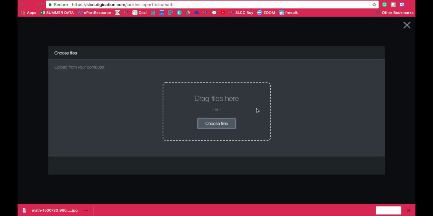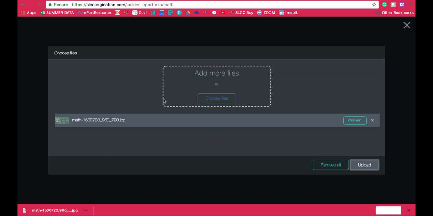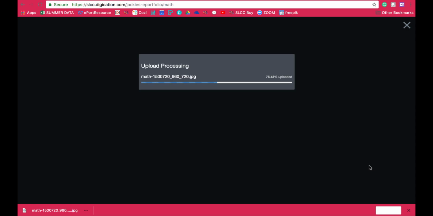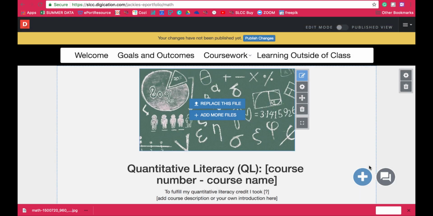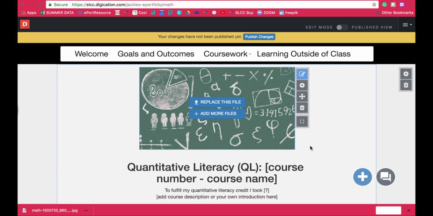You have two choices from here. You can either click Choose Files and find the image from your computer, or you can actually drag your image to this area here. Then click on Upload. Once this has been uploaded, you can resize it according to what you like, or you can click on Auto Resize. From here, you can go ahead and scroll down,